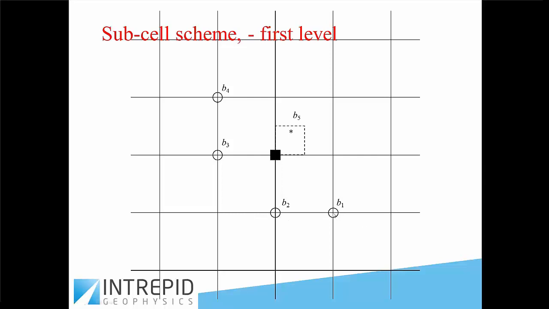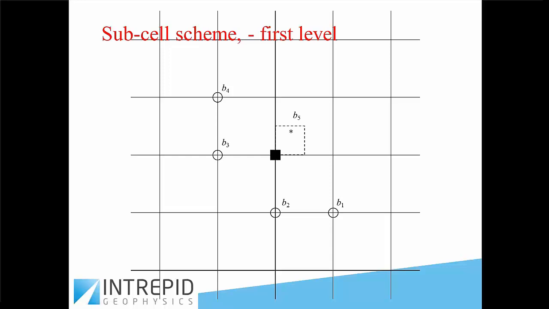So you have some idea of the local gradients from the observation point to the centroid, where you have to actually estimate the field while honouring the observation. So you not only know what the observation is in a subcell scheme where it is, but you want to be able to use that where it really is to influence the local estimate of the field at the centroid. So that's what we call a first level